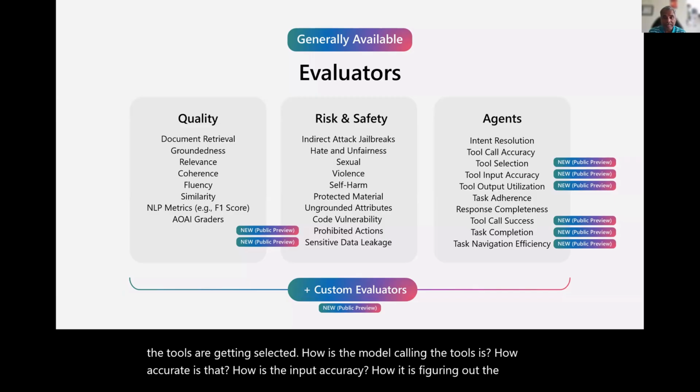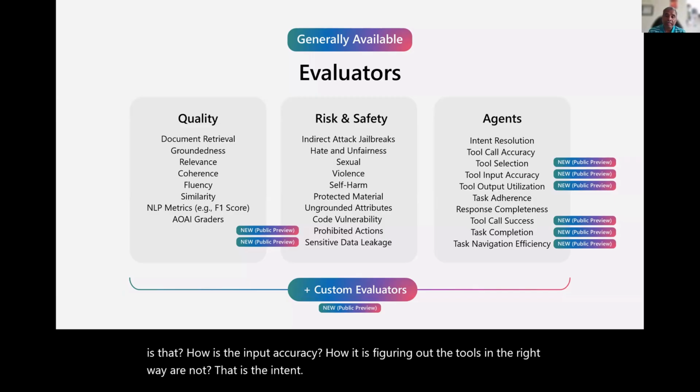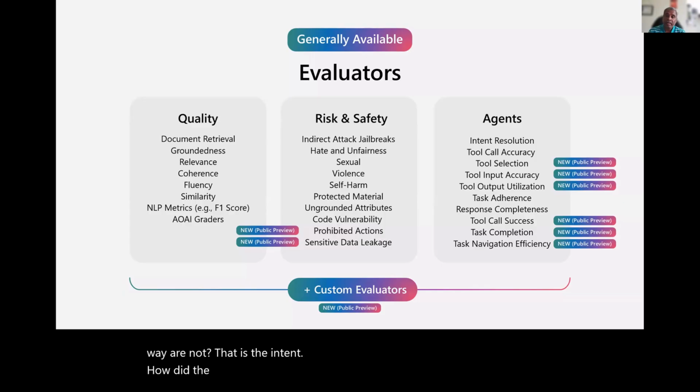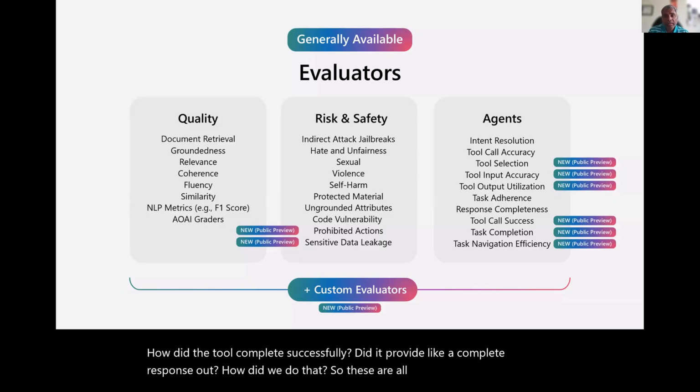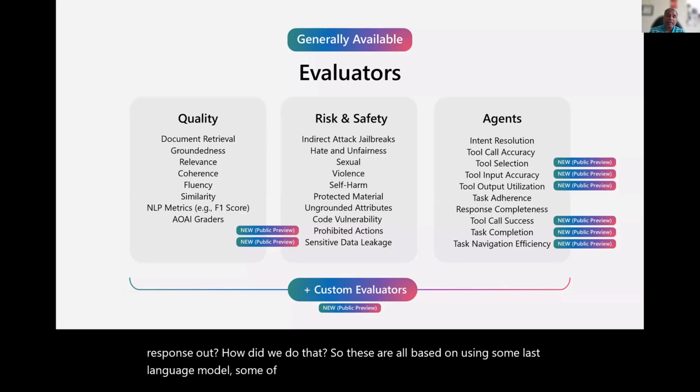How did the tool complete successfully? Did it provide a complete response out? How did we do that? So these are all based on using some large language models. Some of them are proprietary models that we have.